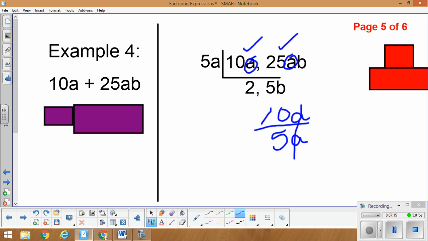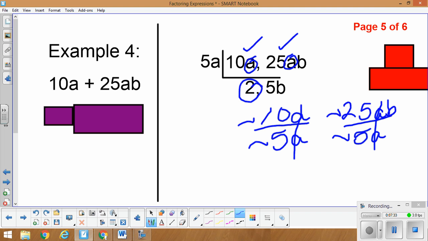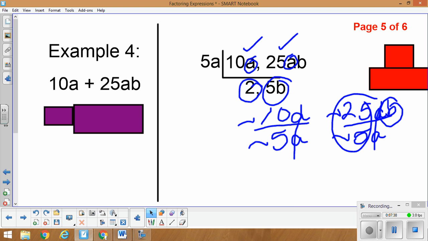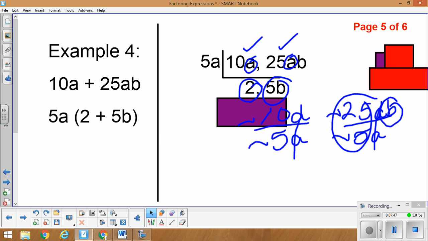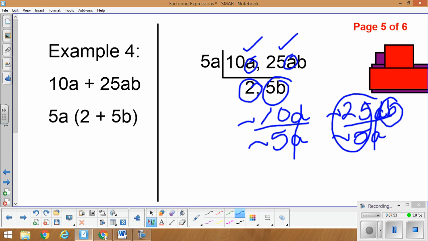I can reduce those to 1. 10 divided by 5 is simply 2. Now the same thing is happening with 25ab over 5a. If I look at my a's, they cancel each other out. 25 divided by 5 is 5b, and that's how I get 5b. So my final answer is a common factor of 5a, and what's left over is right here on the bottom, 2 plus 5b. I just bring my sign down. All right, and our last example,